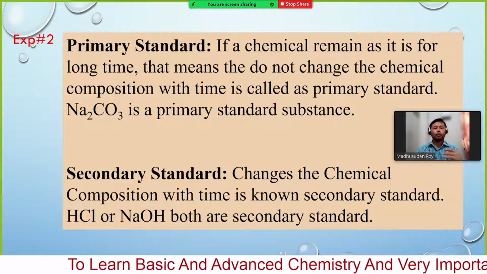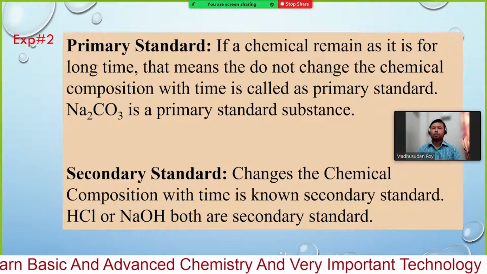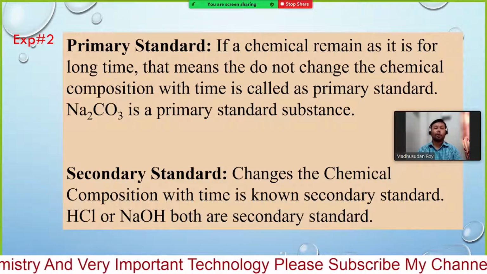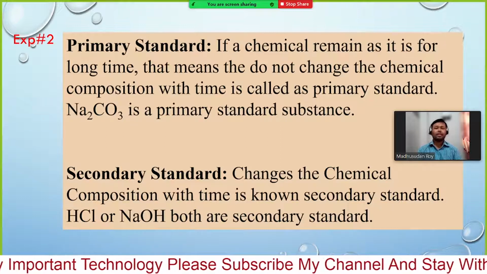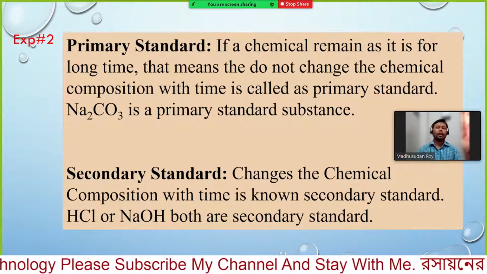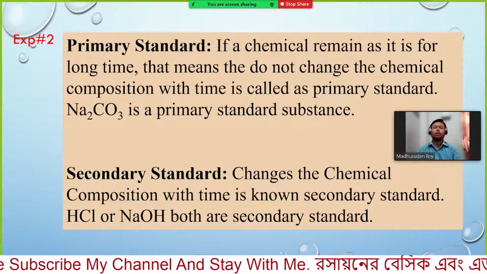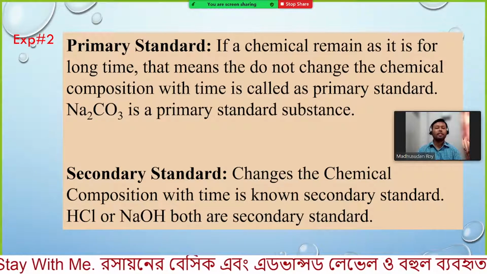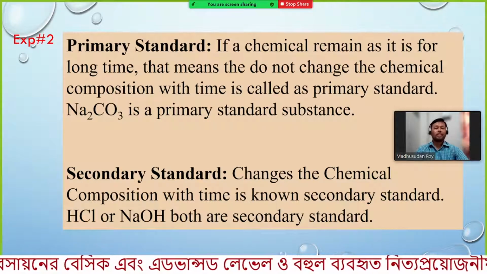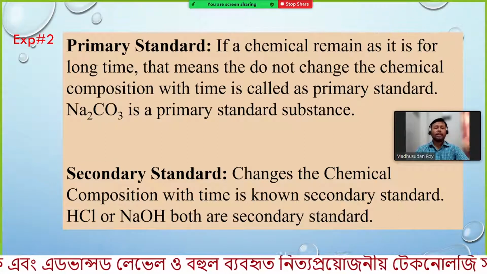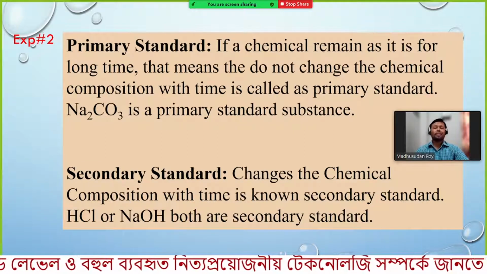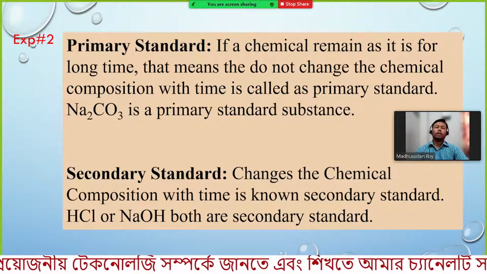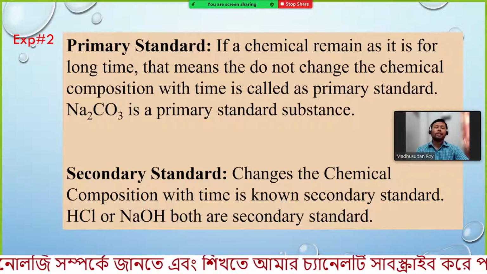And if you prepare a solution one day, after a month the concentration will have changed quite a lot. Therefore if you standardized the solution 1 month before, and you want to use that data after 1 month, you may get a drastic change, or a very faulty result. Therefore you have to standardize the secondary standard solution very fast, on the day when you are doing the experiment.